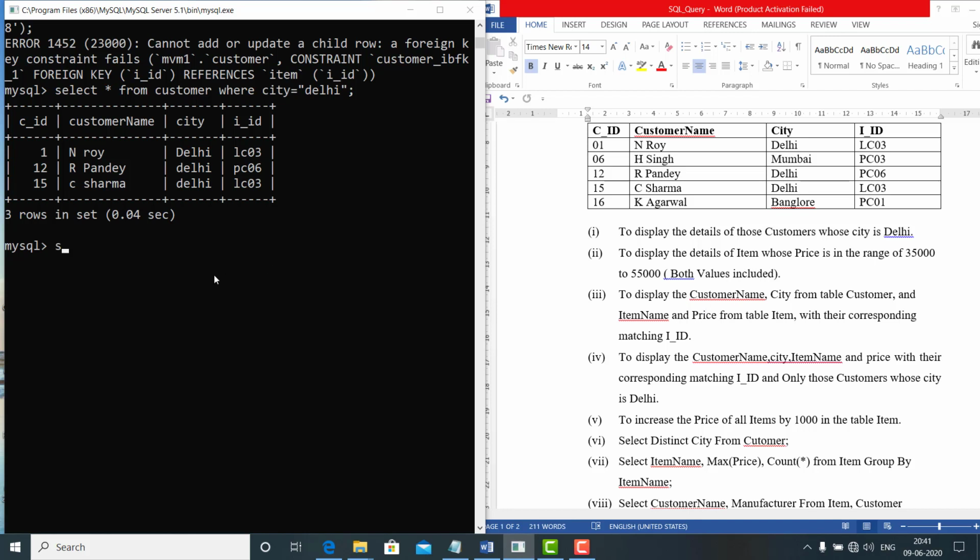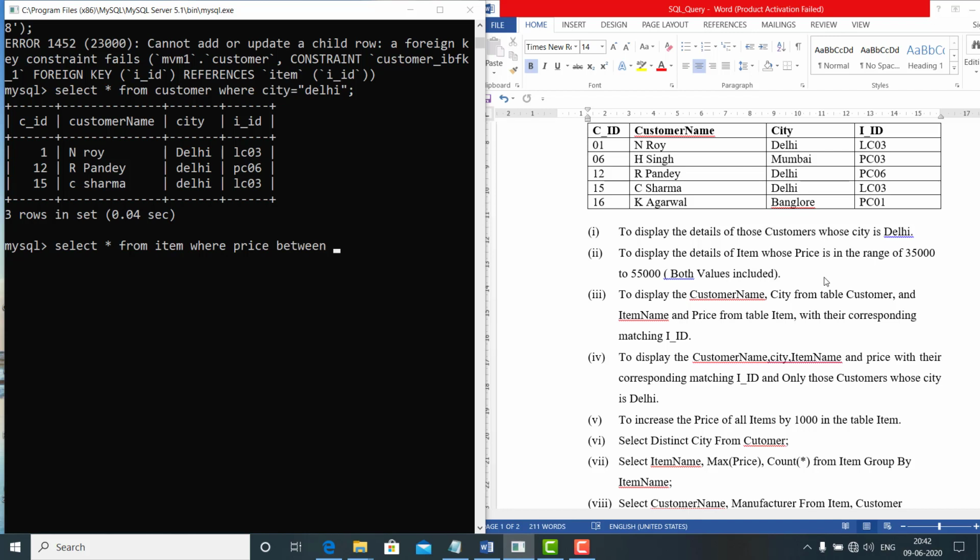So SELECT asterisk FROM item, and there is a condition on price in a range, so we will put the WHERE clause, WHERE price.